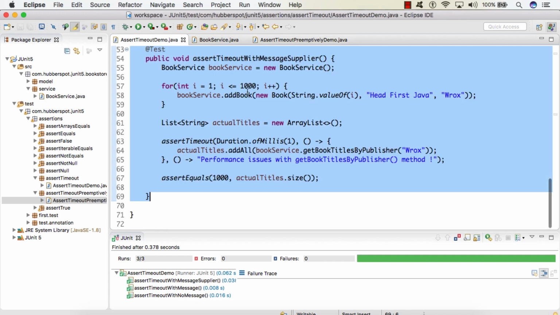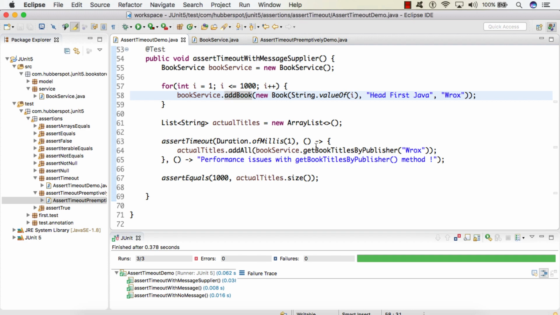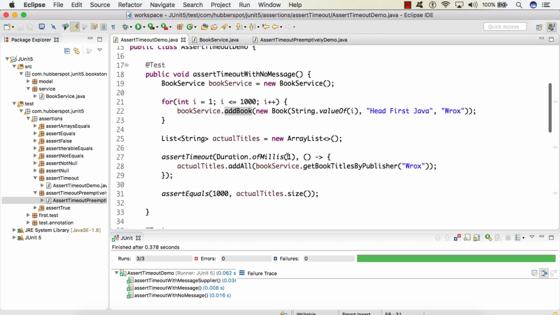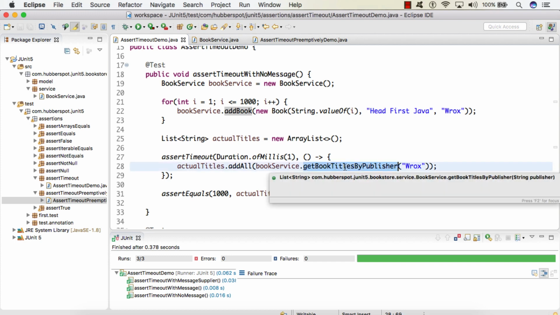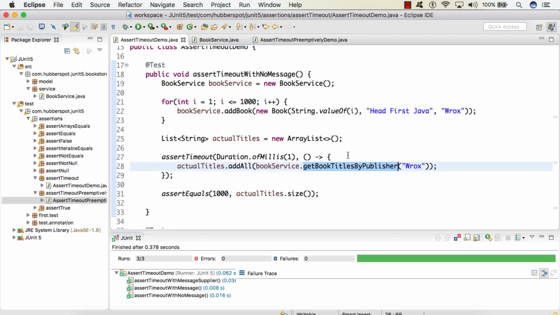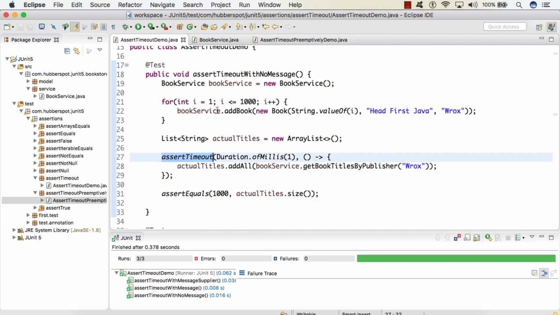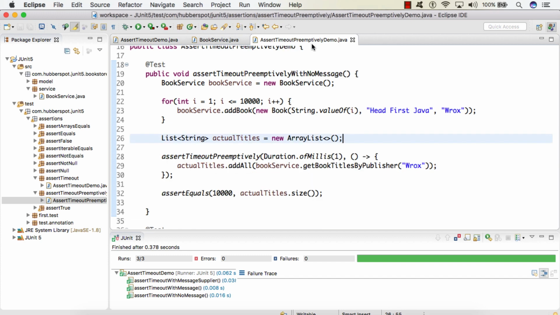But in assertTimeout, if we have provided the duration as 1 millisecond and getBookTitlesByPublisher took, let's say, 10 milliseconds, then as this executable is running in the same thread, we have to wait for 10 milliseconds for this assertion to fail. But in assertTimeoutPreemptively, this executable is aborted as soon as it reaches 1 millisecond.